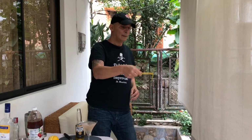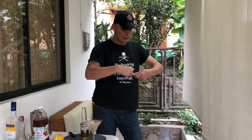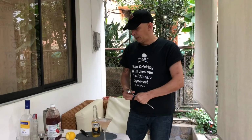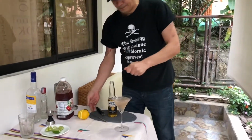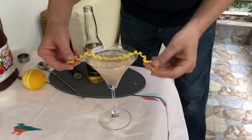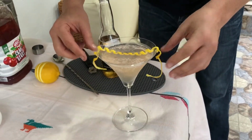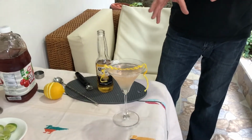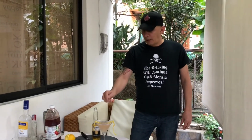Spin it around. There we go. Okay. Squeeze. And you have a very nice garnish. Okay? And as I said, this is a lighter cranberry juice, so it doesn't have that bright hue, but it still tastes delicious. And if you had cranberries, even frozen cranberries, put 3 of those in there,